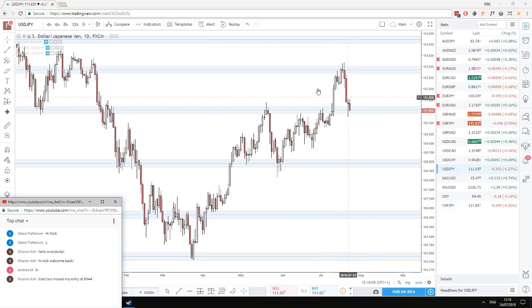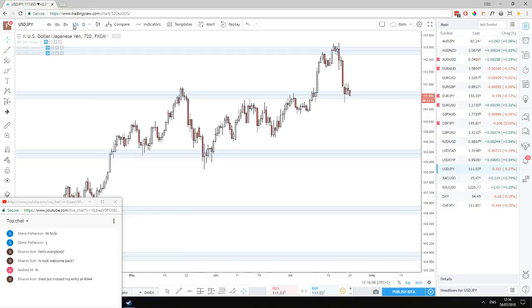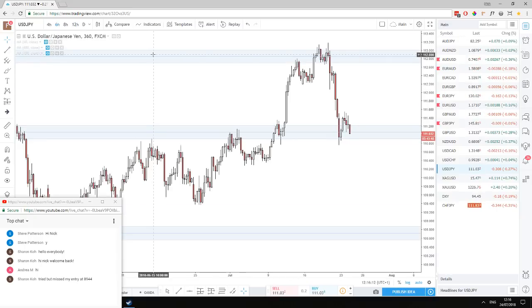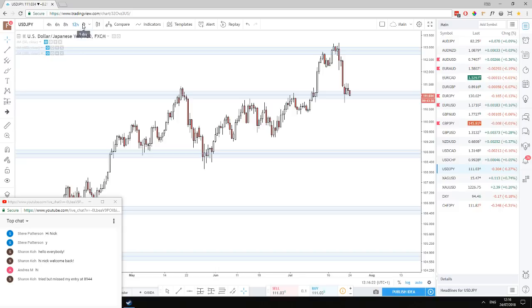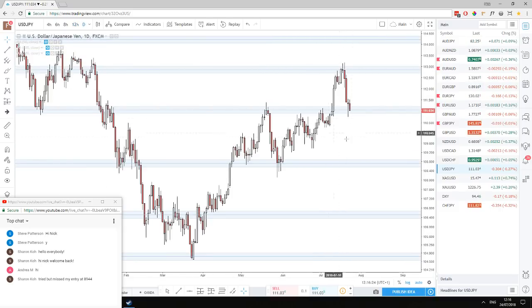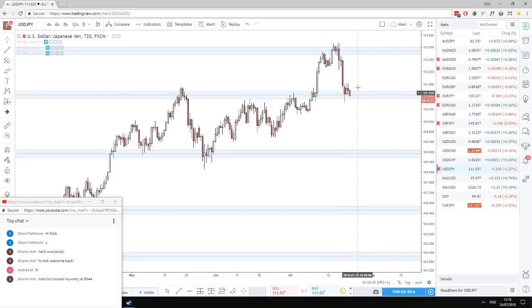Price is stalling out at this support area. We were looking at this one yesterday. Some of you wanted to jump in already. I personally think that entry was a bit early. I am waiting for a 12-hour chart, daily chart entry. So I'm going to keep a close eye on this and look for a long trade here. What I want to see to get a long trade is indecision on the support area, maybe on the daily, maybe on the 12-hour, and then a break of these recent highs.